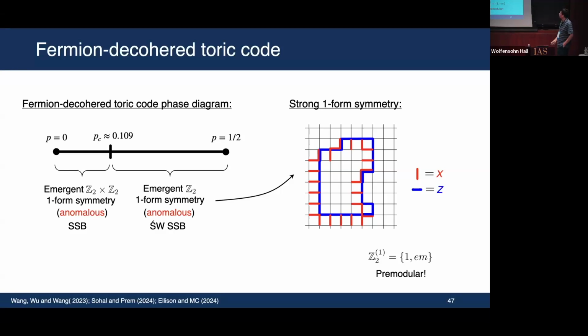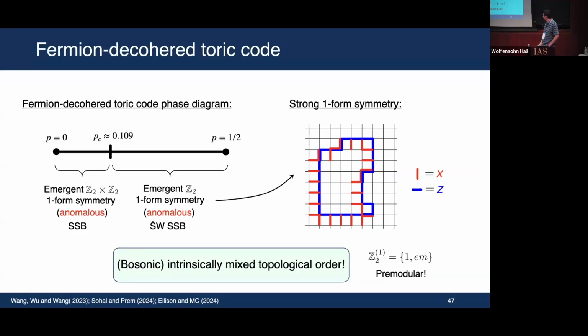Okay. So this is distinct from any one-form symmetry that one would encounter in the pure state in a bosonic system. So you cannot have this one-form symmetry in a gapped state in a bosonic system. So this is an example of an intrinsically mixed state in that sense. I just said that you cannot find this one-form symmetry in a gapped ground state in a bosonic system. Okay. So this is a very curious state. I know some of you in the audience are thinking about this state. It's a beautiful state that I don't feel like we understand well enough.